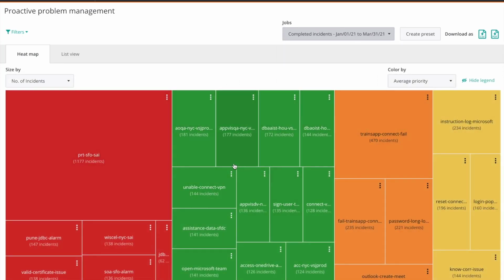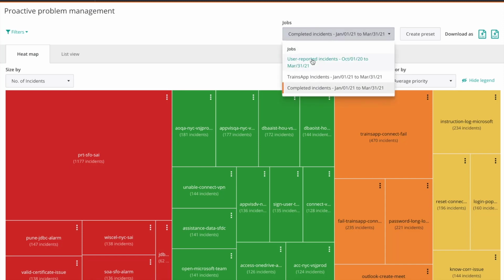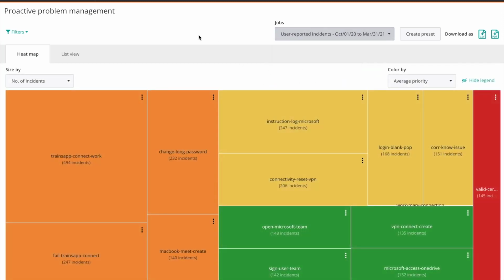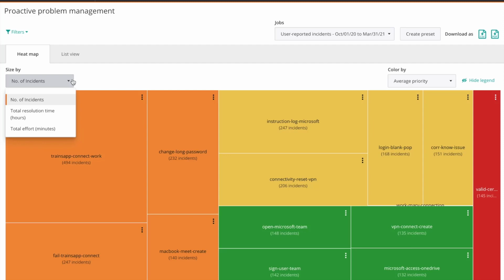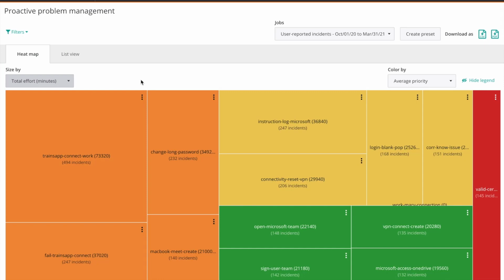For example, this job run looks at all incidents, including the ones that are generated from event management solutions, but this one only focuses on the user reported incidents, right? So that's one option. The other option is that the size of the rectangles can be based on different parameters, and that's a very important distinction here. And you can not only show the cluster and the size of the cluster based on the number of incidents, but also how much time was really spent on managing these incidents. And that's really what's ultimately important